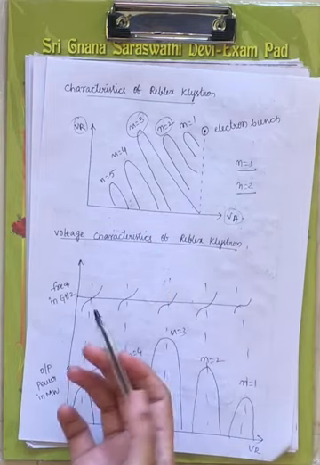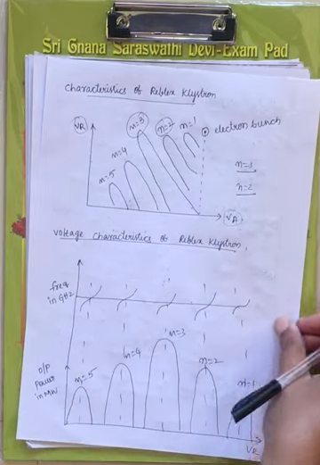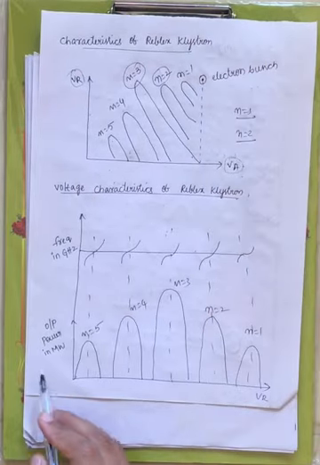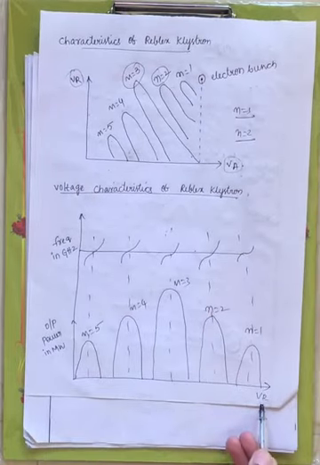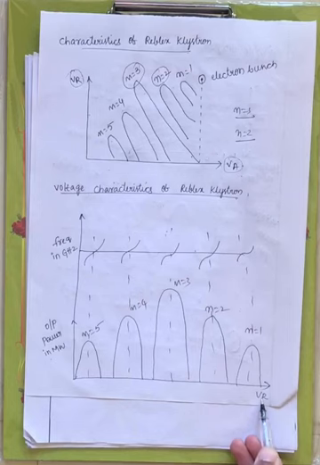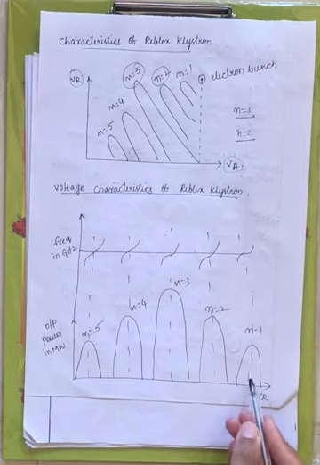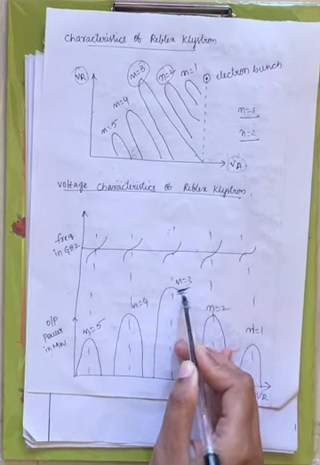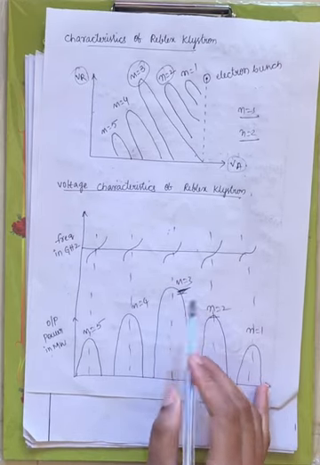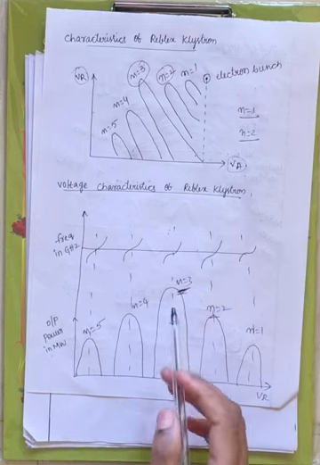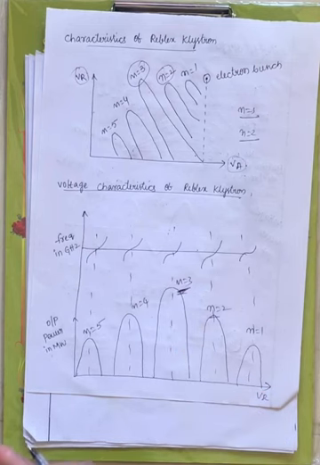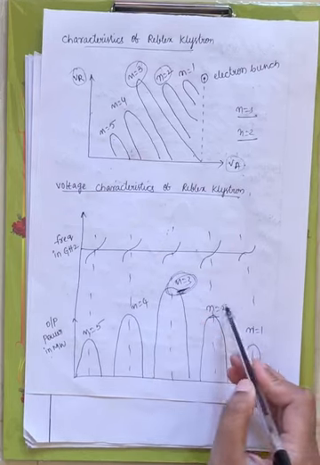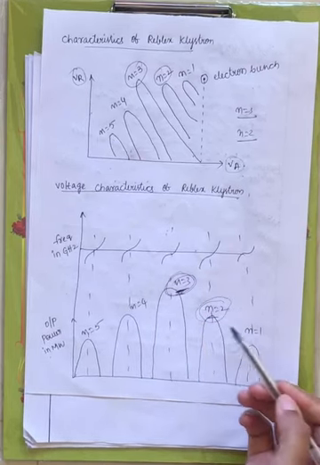Now coming to another voltage characteristic. This graph you will come across in your lab, right? Now this is output power and VR, output power and repeller voltage, right? Now for n equals 1 and for n equals 3, you are getting maximum output power, right? Since this is the graph that you are plotting after doing the experiment, the maximum output power you can observe for n equals 3. In some cases you will consider n equals 2, right?